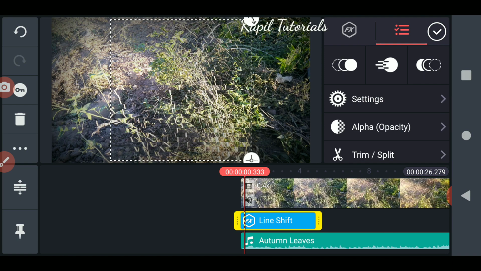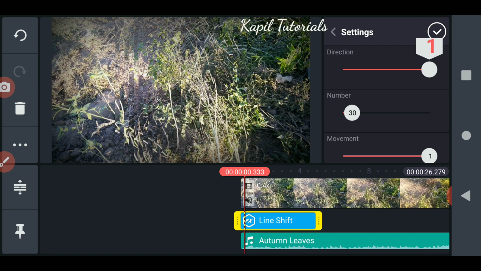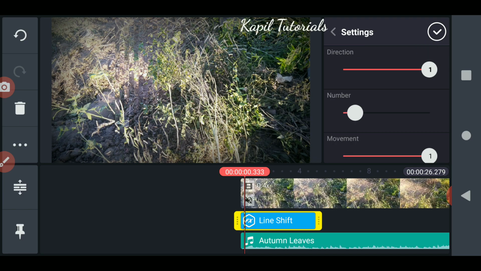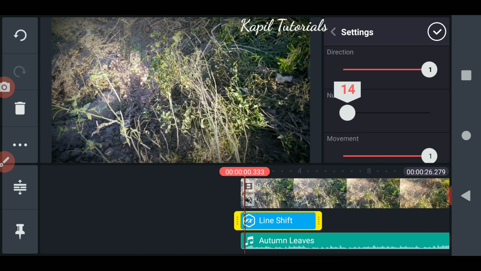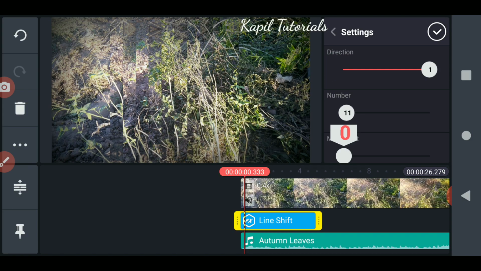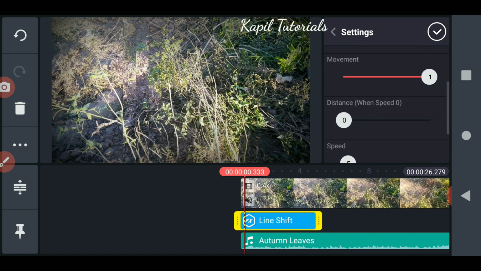It has some settings also. Direction, it is changing the direction. Number, how many numbers you want? Suppose I want fewer numbers. Movement. So these are the options you can use in this effect.